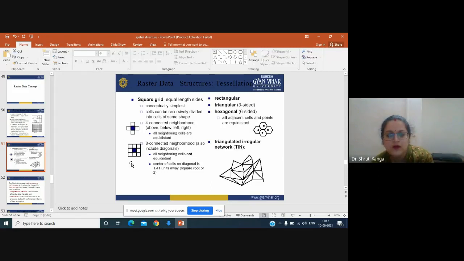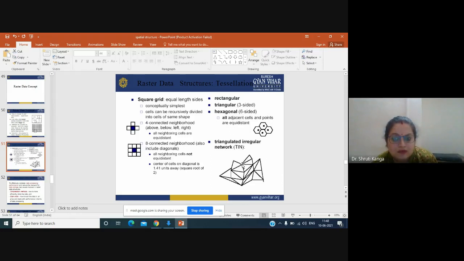Then the third type is where the main pixel is connected by 8 pixels. Here you can see the blue pixel, this is the main pixel, and it is connected by 8 neighboring pixels. Then the triangular network, which we have studied in the previous classes also.